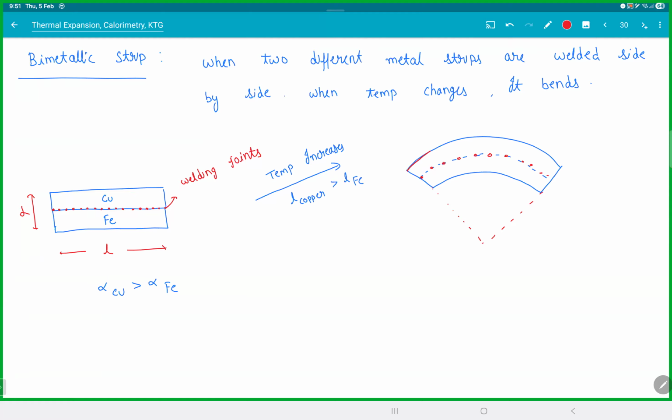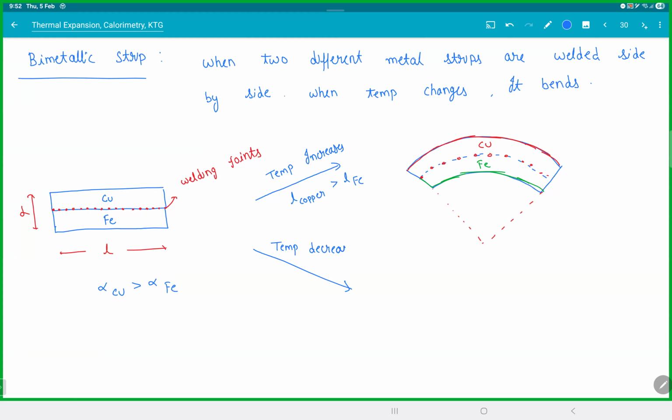Right. So there will actually be a lot of shearing stress. We are ignoring all that. This is copper, and this would be your iron. So copper will be the outer layer, and the iron will be the concave layer. So copper will be convex. If the temperature decreases,